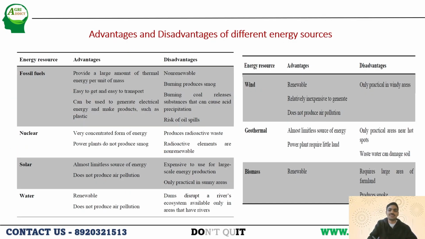Next, advantages and disadvantages of different energy sources I have listed. Please pause the video and make a note of that, because there is nothing much to explain here. But one conclusion I want to give for this slide is that the advantages of renewable sources may be more and they're good for the environment, but generating energy from those sources generally requires a large amount of raw material. Whereas from the non-renewable sources, even if you have a small amount of raw material, you can generate more energy, but they are harmful for nature. So it is left to us how much we are interested in protecting nature.